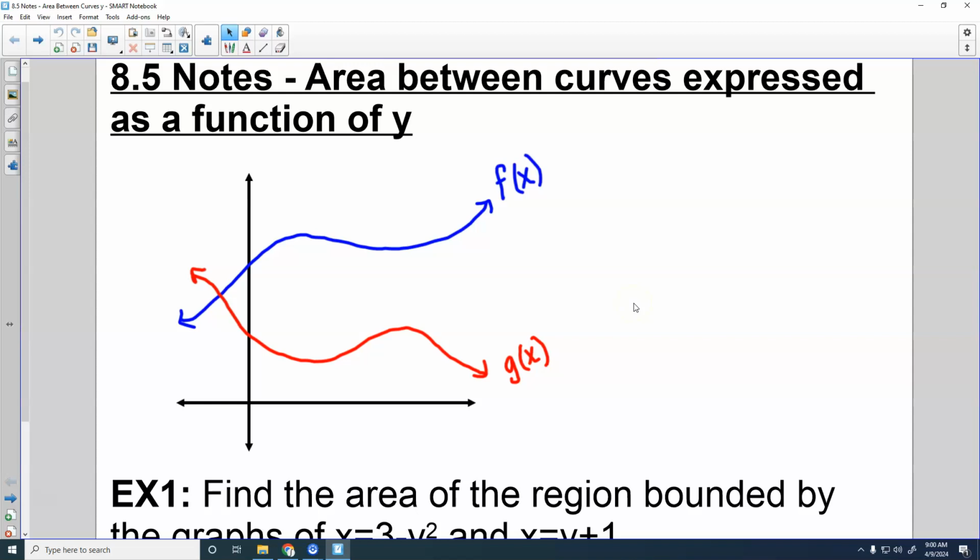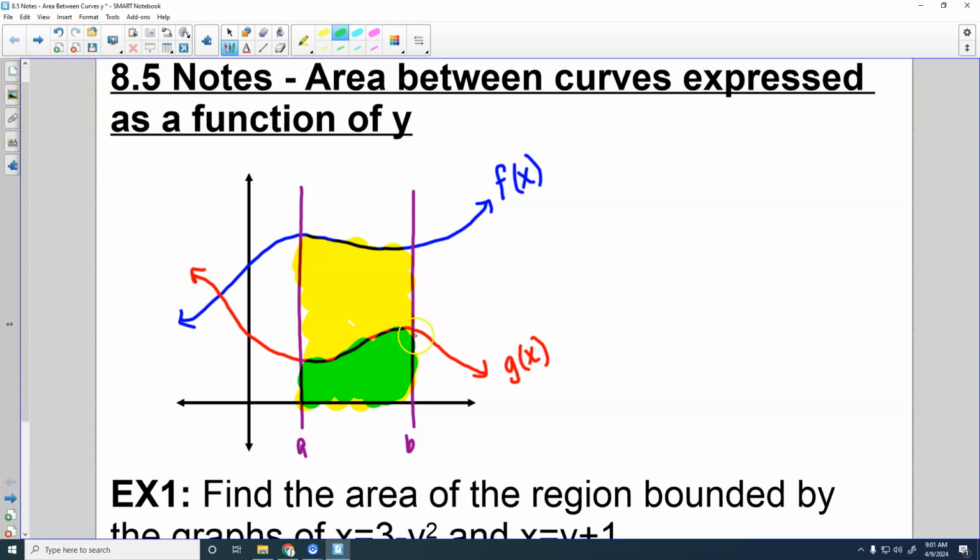So what we have done so far, this is just a little recap, is if we needed to know the area between two curves and we had f of x and g of x, we would be looking on whatever limit, like from a to b here, and we would find the area under the top curve, and then we would subtract the area under the bottom curve, leaving us with the area that we're looking for, right? So whenever we're doing that, we would set it up like this: integral from a to b of f of x minus g of x